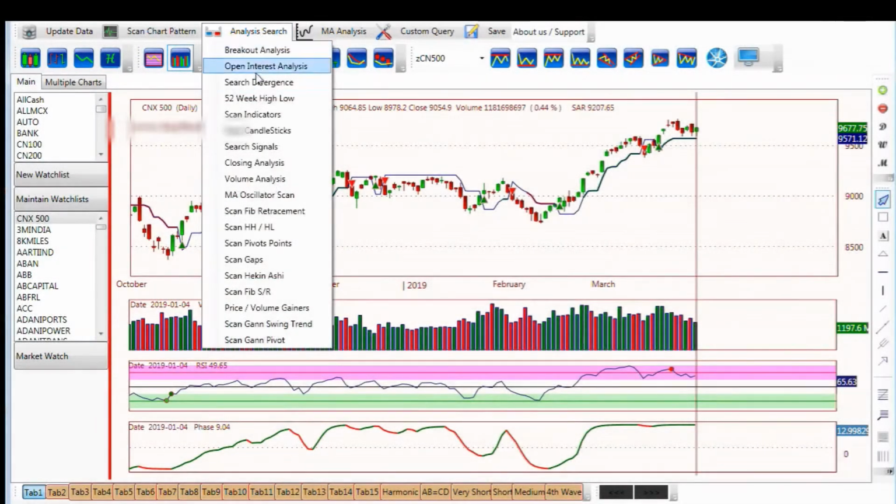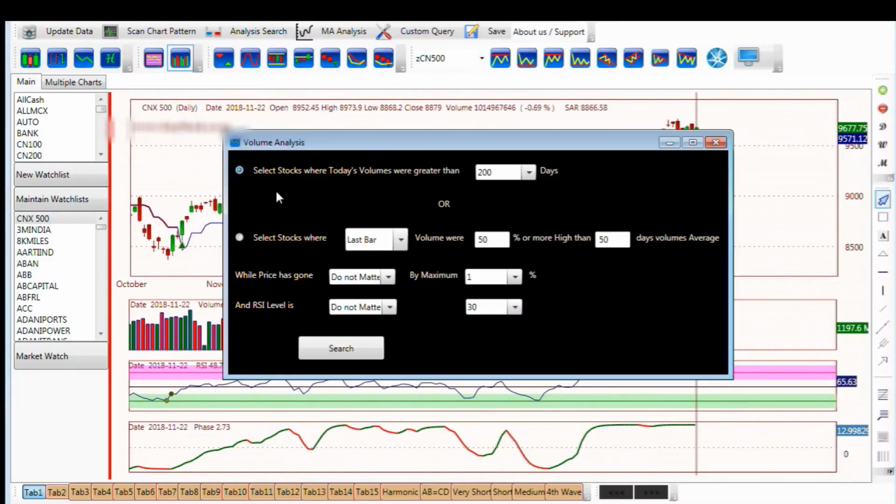YStocks has a lot of options for scanning volume, because volume is one of the most important aspects of technical analysis. This window is divided into two parts with the help of these radio buttons. The first option is to select stocks where today's volume was greater than that of n number of bars or the highest lifetime